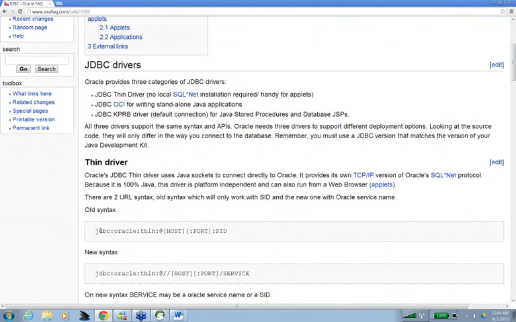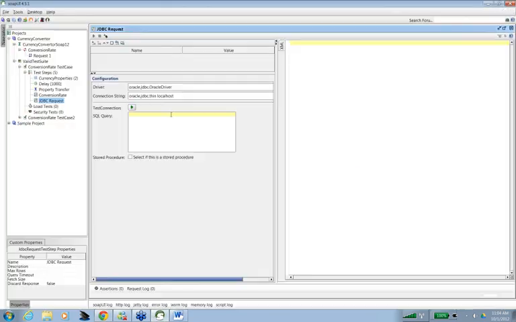Yeah, so this is the format, JDBC Oracle Thin, and my host here, if you have Oracle hosted on your machine, you can write localhost, and by default the port on which Oracle runs is 1521, so you can write the port 1521.